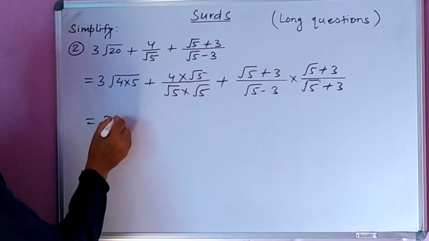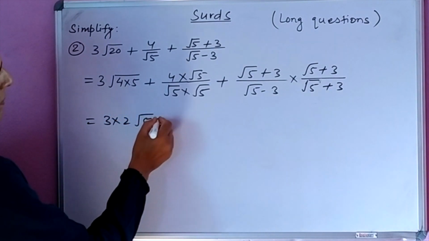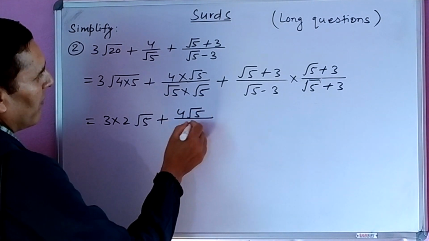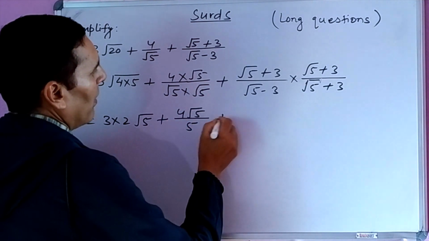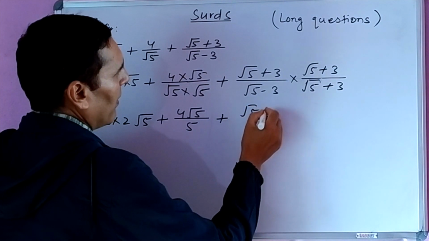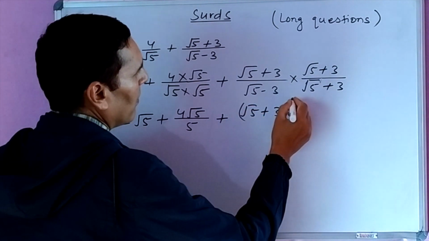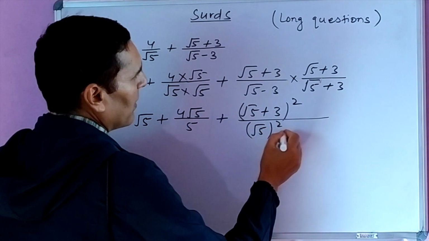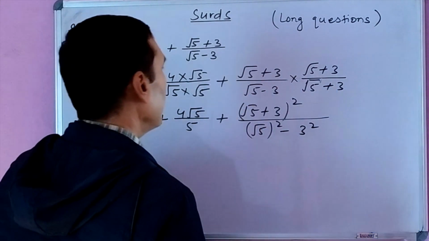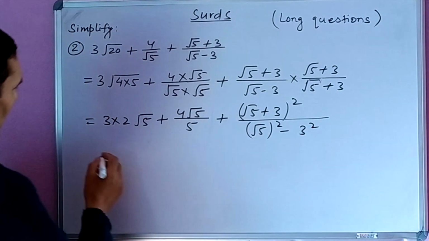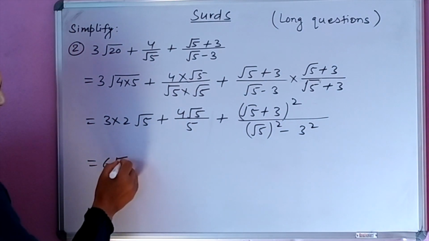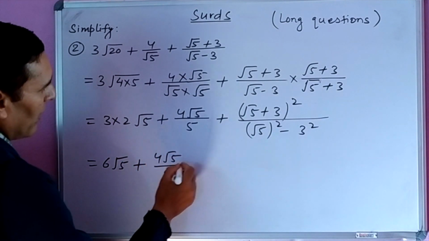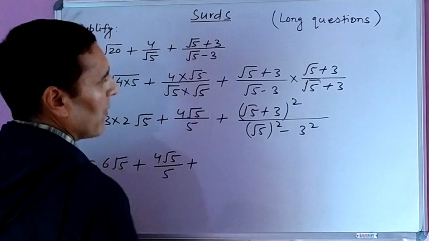It is 3 into 2 root 5 plus 4 root 5 upon root 5 into root 5, it is 5 only. And in the numerator we have (root 5 plus 3) whole square, and in the denominator it is (root 5) whole square minus 3 square. (a plus b)(a minus b) is a square minus b square. It is 6 root 5 plus 4 root 5 upon 5 plus, we expand by using the formula here,